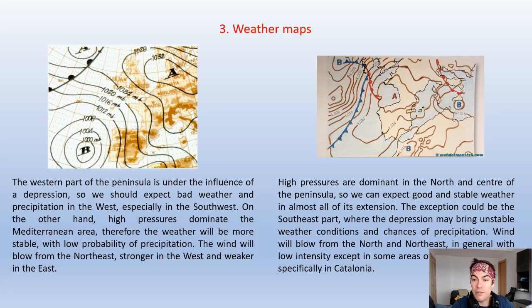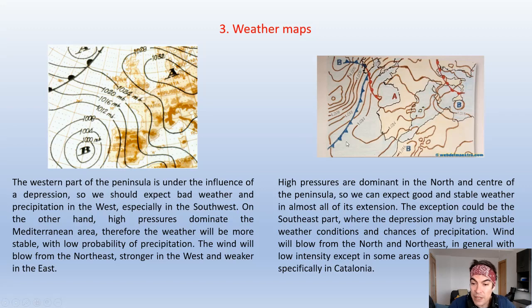And that's it for the first map. The second weather map, here we have to take a look. We have to do the same procedure as in the previous one. So we look at the Iberian Peninsula, and we can see that this anticyclone is very dominant in most of the Iberian Peninsula, and we have a depression here on the north of Africa, which affects the southern part of the Iberian Peninsula.